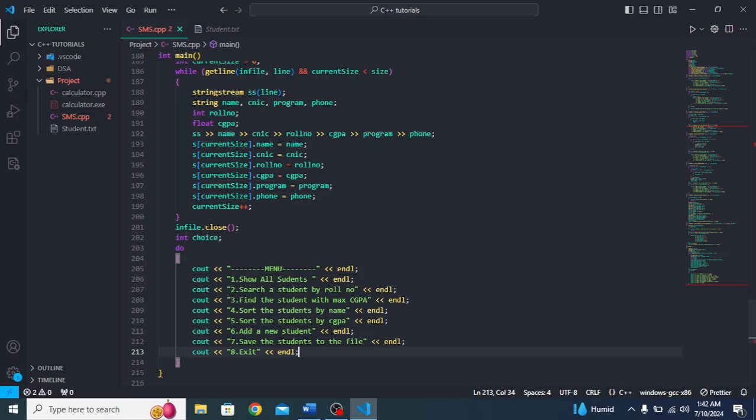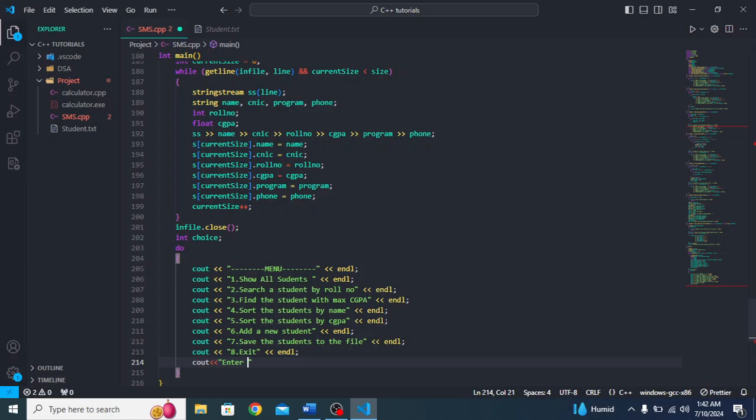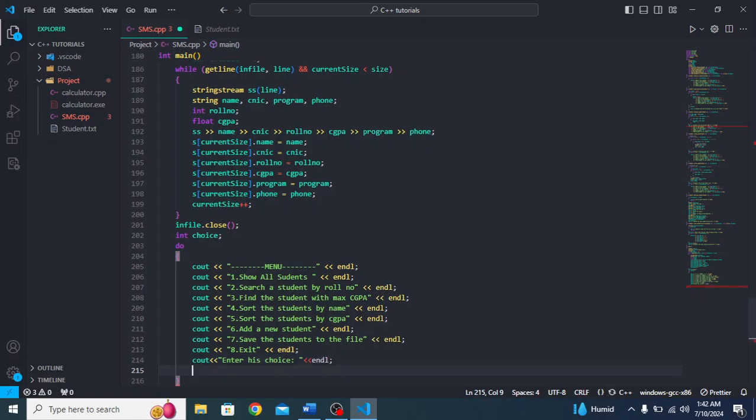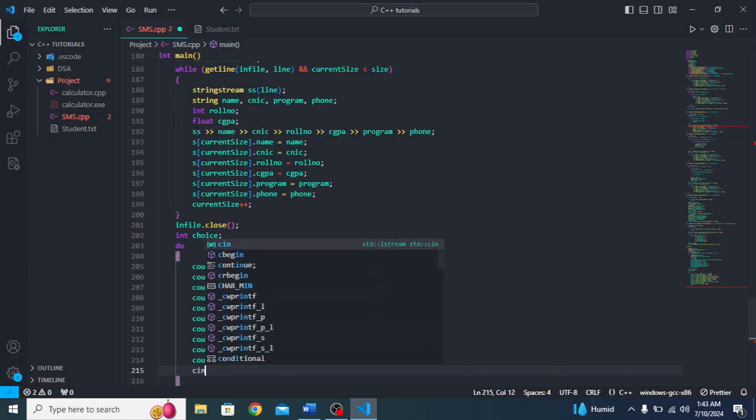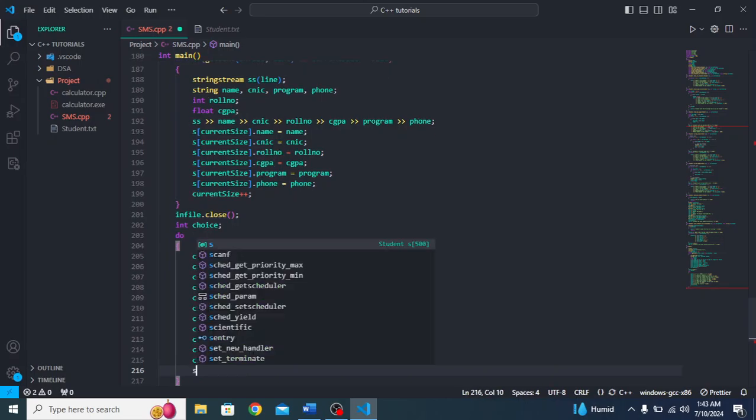So now in this do loop, we need to ask the user to enter his choice, and then upon the statement, the user would input the choice, and then we would be using the switch case. Yeah, so as soon as the user inputs his choice, what we need to do inside this do loop is use the switch case